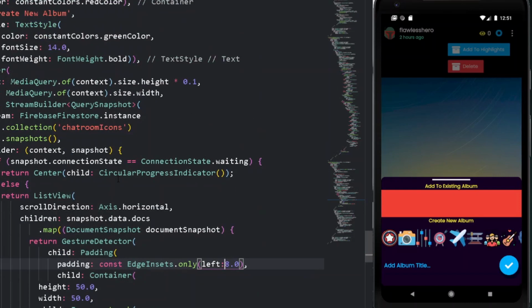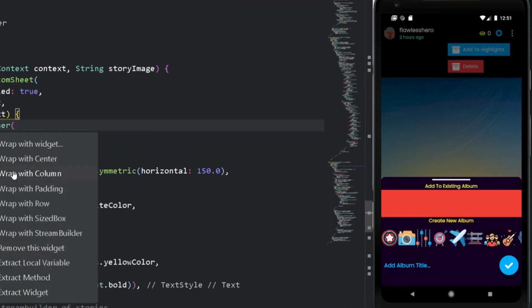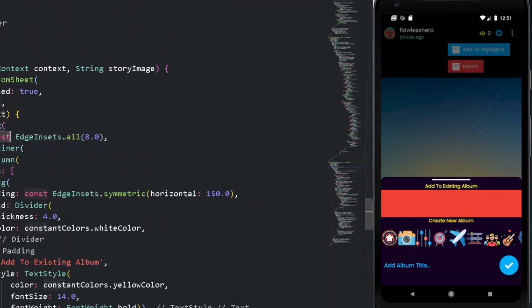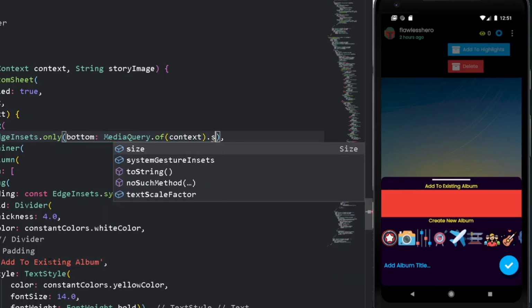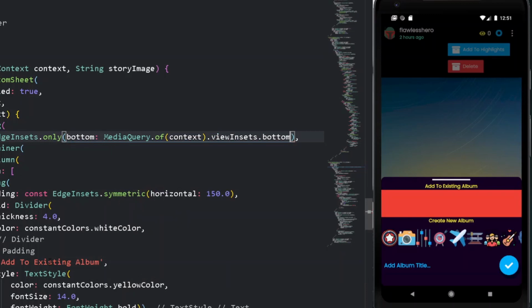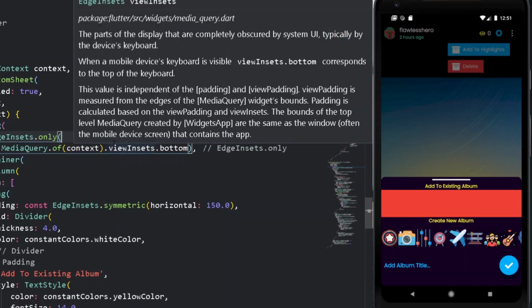Easy thing. And also we can do one thing, go at the top, and here let's have some padding to our entire container. Remove the following constant and have padding from only. So here let's have padding from bottom for MediaQuery.of(context).viewInsets.bottom. Easy. So now let's test it out.